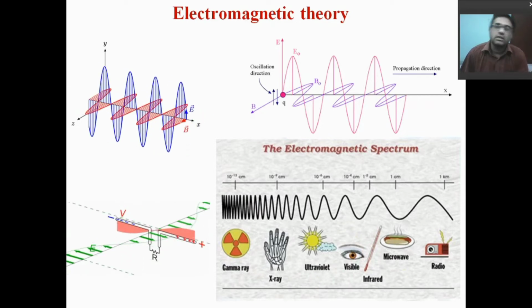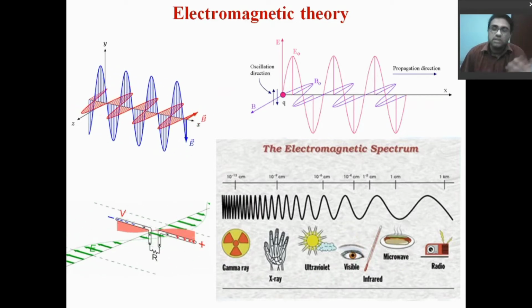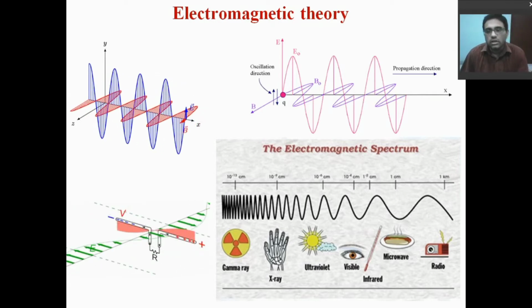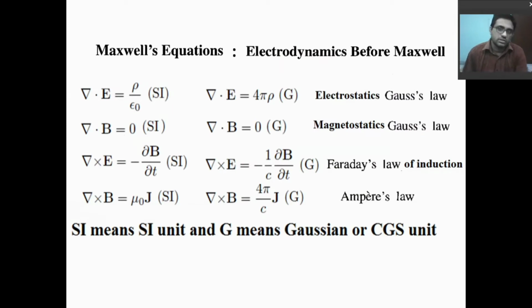Now, to understand the properties of an electromagnetic wave, we have to establish an electromagnetic theory. And to establish the electromagnetic theory, we require 4 equations. These are the 4 fundamental equations, which are called Maxwell's equations. And please remember, we have to be careful here. These are not actually Maxwell's equations. The first 3 are okay, but we have to modify the last equation, which is Ampere's law. That I will discuss in the next lecture.